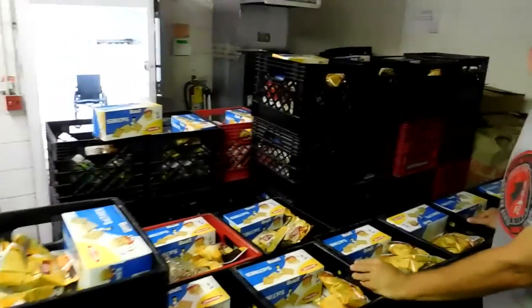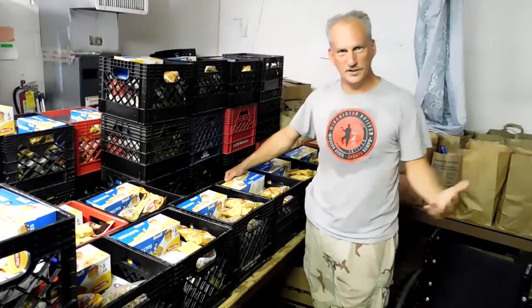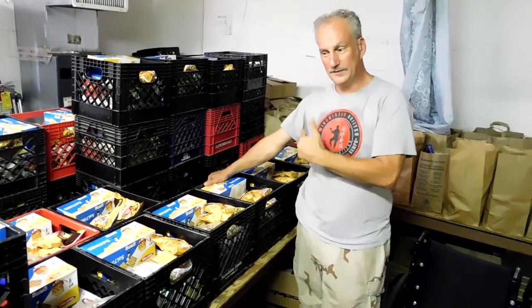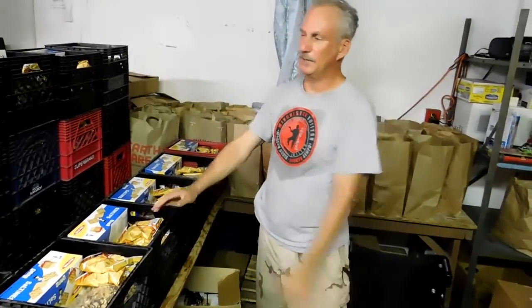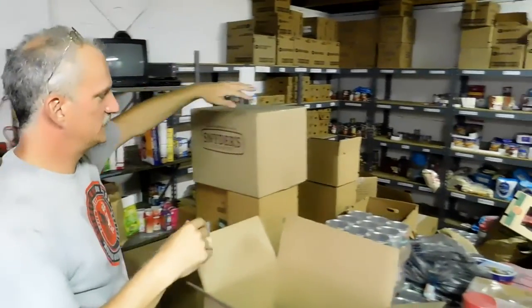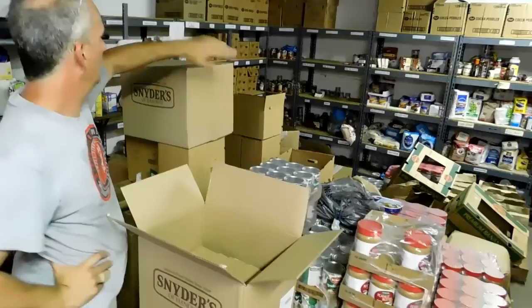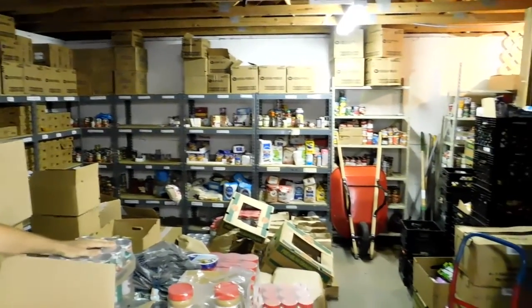This is amazing, the work that they do here and the donations that they get. So all of these are bags that have been packed for our clients. We have volunteers that come in. We have this one gentleman that comes and packs extra bags for us. Yes, I know this is a milk crate. Eventually we'll transfer it into a bag because we didn't have enough bags. So we pack these up and we can stack them up nice and high. Then everything in the middle is USDA government food that we have. And then on the shelves are donations from churches and from Walmart, Winn-Dixie,